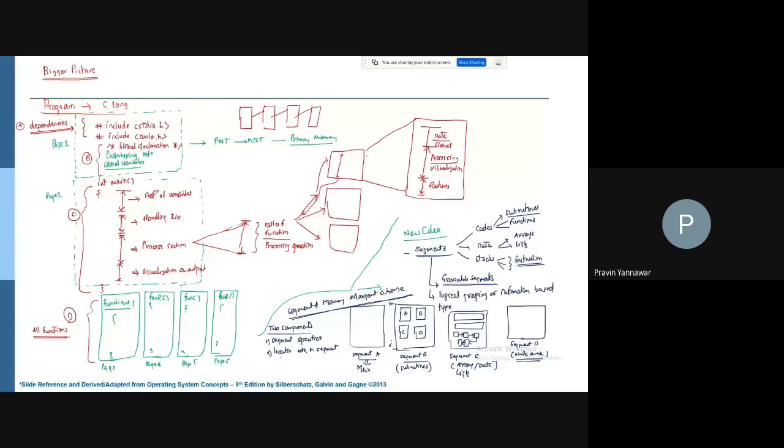In the segmented environment, please note that all address space references require two components. These two components are: one, a segment specifier, and second, the location within the segment. Okay, so this is really very important. Now, if you look at the segmented address space as a part of hardware information,